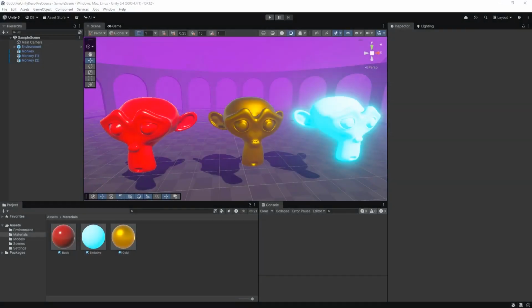Everyone, in this lesson we are going to be looking at materials and how they differ from Unity to Godot, while also looking at how they are similar. So here inside of Unity I've got three different kinds of materials: this basic glossy red, a gold, and an emissive material. Now let's hop over to Godot and have a look at how we can recreate these and how